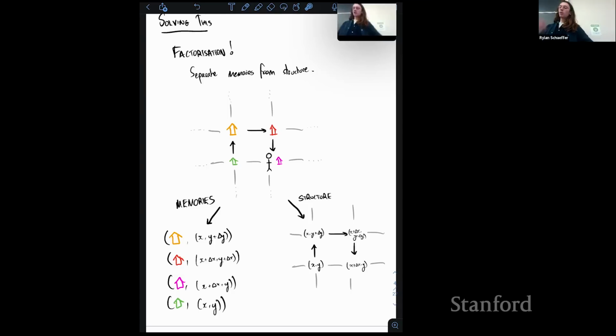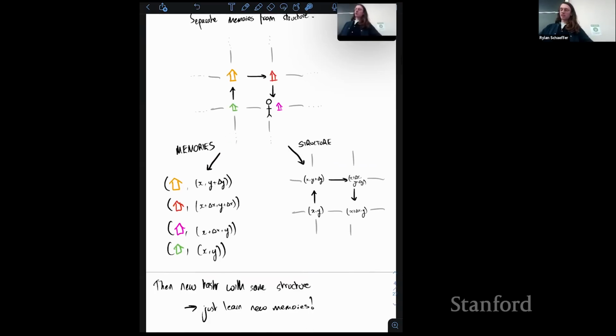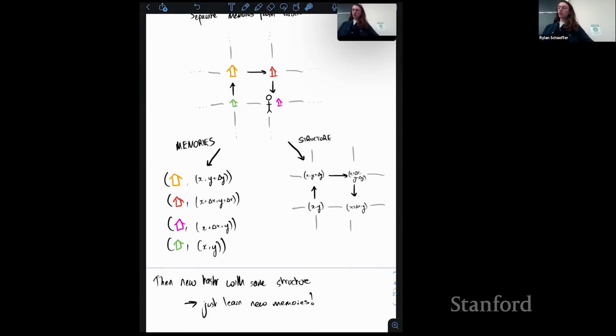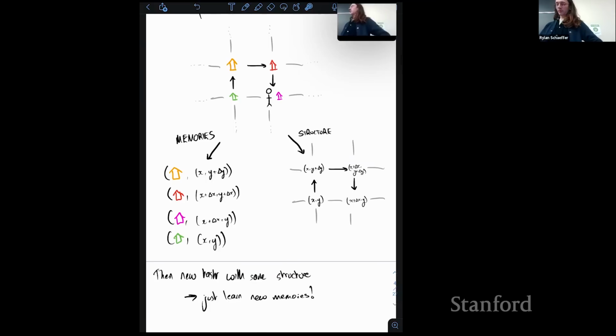And so this model that we're going to build is some model that tries to achieve this. Imagine you enter a new environment with the same structure, you wander around and realize it's the same structure. All you have to do is bind the new things that you see to the locations, and then you're done, task done. You know how the world works.